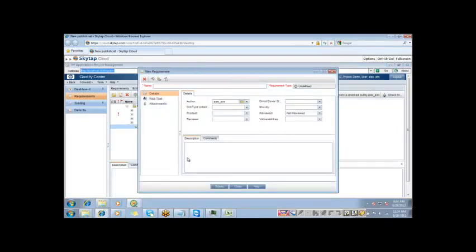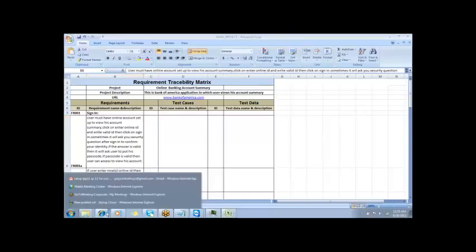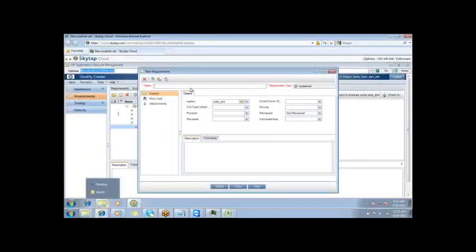So do you see this kind of window is going to open for me where I can enter the details about the requirement. First thing is I should enter the name of the requirement. Okay. What is my first requirement? It is here. We have the FR001, that is sign in functionality. So I got to enter the same thing here. Right here, sign in, and then the type of requirement we got to select.